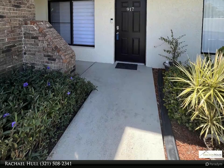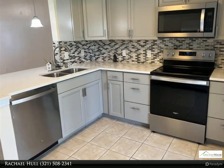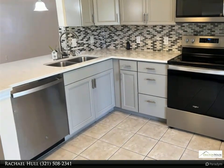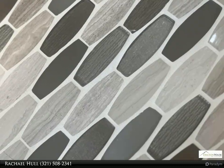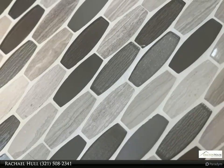Come step into a carefree lifestyle here at Regency Pines in Rockledge. This beautifully updated 2-bedroom 2-bath ground floor condo boasts tile flooring throughout. With an open living space and sliding glass doors from the back of the unit, this open floor plan is